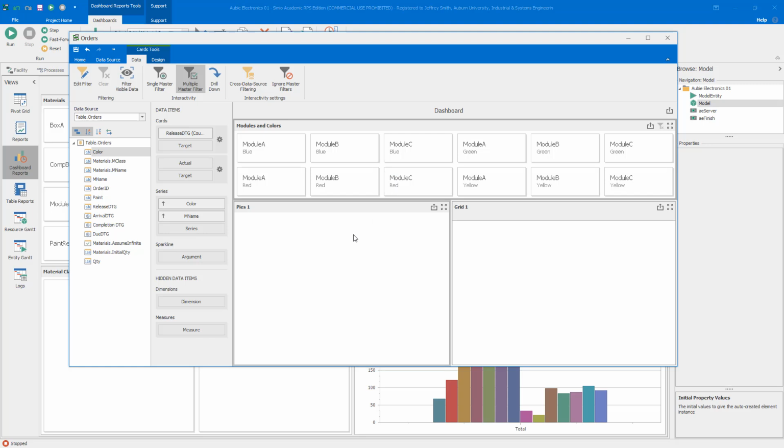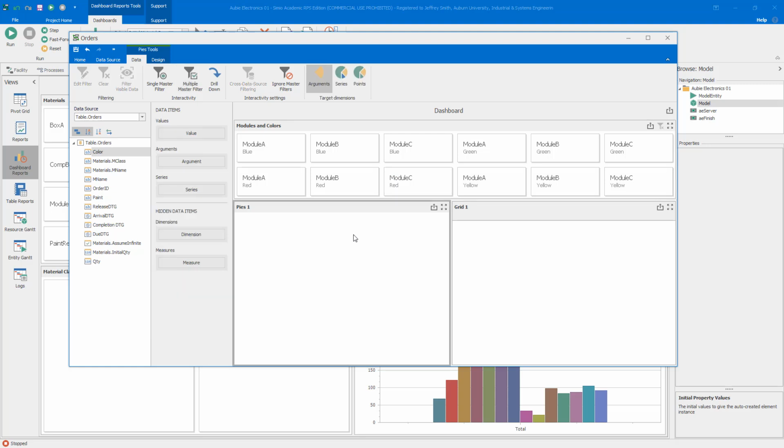The second part, let's go to the pie chart. And here's where we need to add a calculated field. So I need to count the numbers so that the pie chart itself can use the proportion. So I'm going to go over to table orders and just right click and say add a